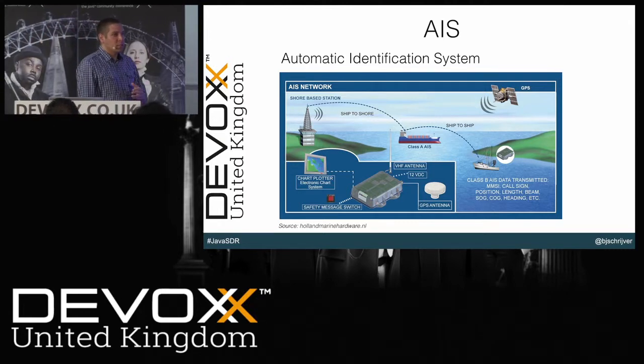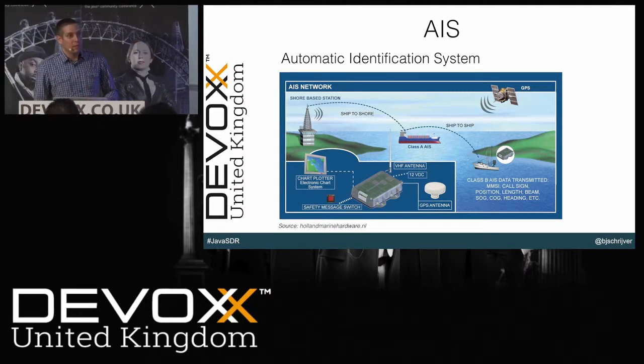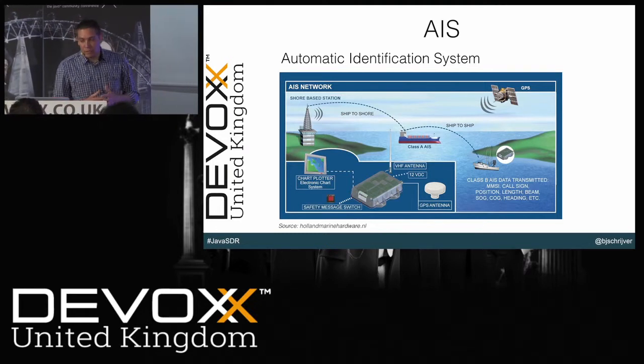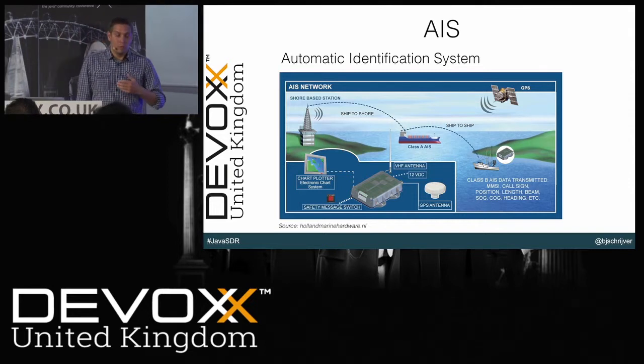And there's two types of AIS. There's Class A, which is used by large freight carriers, which has a large range and transmits a lot of data. And there's Class B, which is used for smaller vessels, for pleasure crafts. It has a shorter range, and it also transmits a little less data. So these ships are connected with a GPS, so they know where they are, where they're heading, and how fast they're going. They're transmitting AIS. This is used for collision avoidance between ships, but also for monitoring from posts on the shore. This is mainly useful when you're in a canal, for example, which has a lot of corners, and you want to see what's behind the next corner.